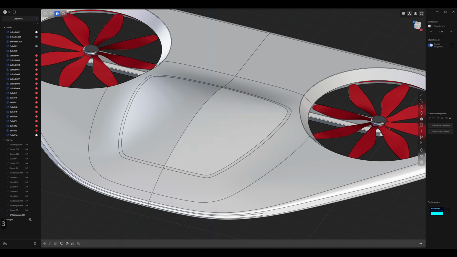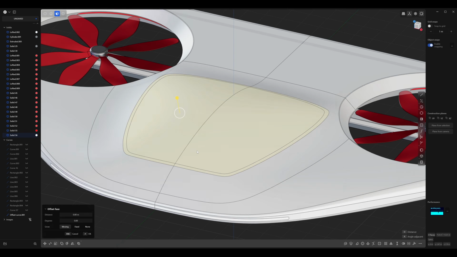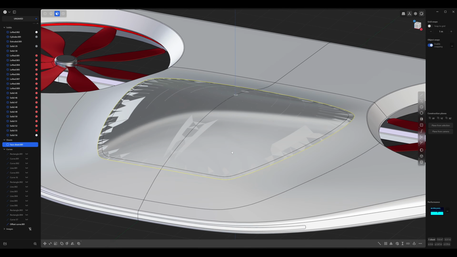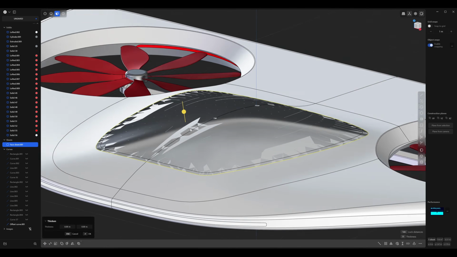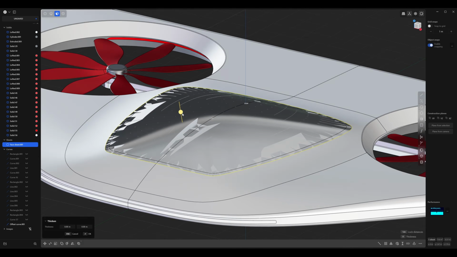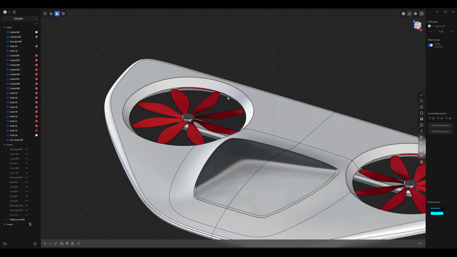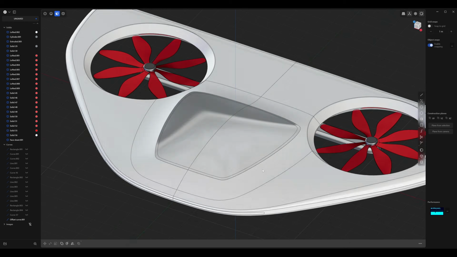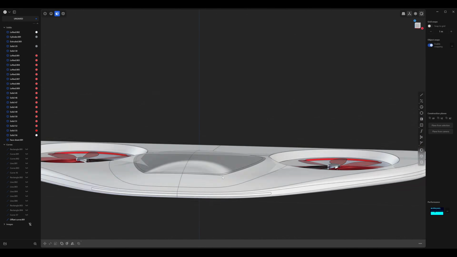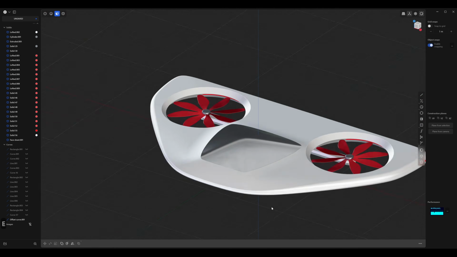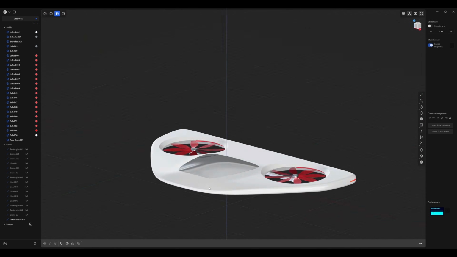And next I'm going to press 3, select this face and that face and this one as well. And then press Shift D to duplicate it and just give it a bit of thickness. I just want to preview what this would look like if the canopy had a different material. So I'm just going to apply a little bit of thickness. And in practice, you would have some sort of seam or panel line here so that it wouldn't be overlapping here, or you could just delete the underlying face. But for preview purposes, I just wanted to see what this would look like.